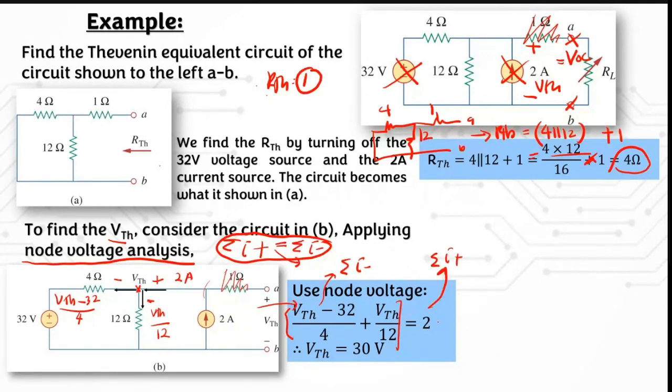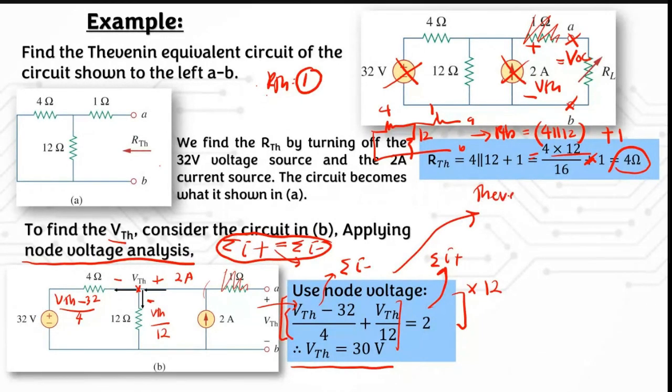Just rearrange that. And then by solving this equation, you need to simplify first. You might simplify that by multiplying this equation with 12. And then when you calculate, you get VTH equal to 30 volts. Okay, and after that, you have your RTH and you have your VTH. So now you can draw your